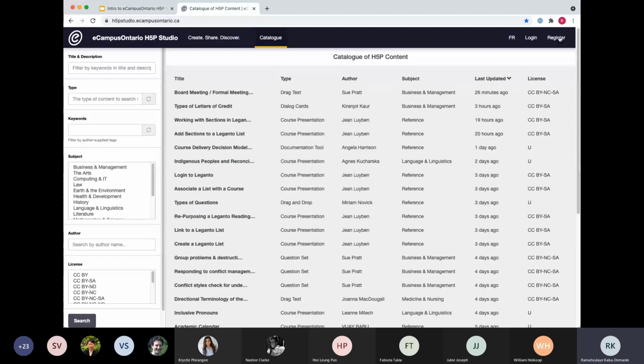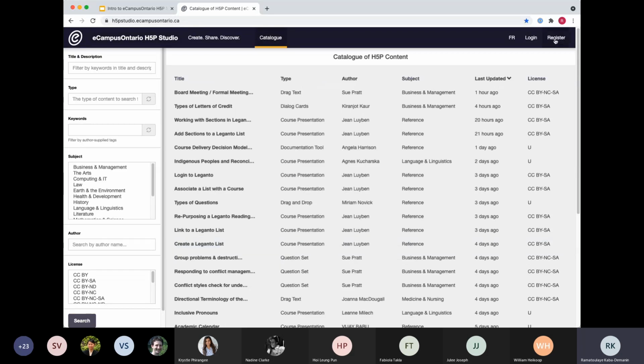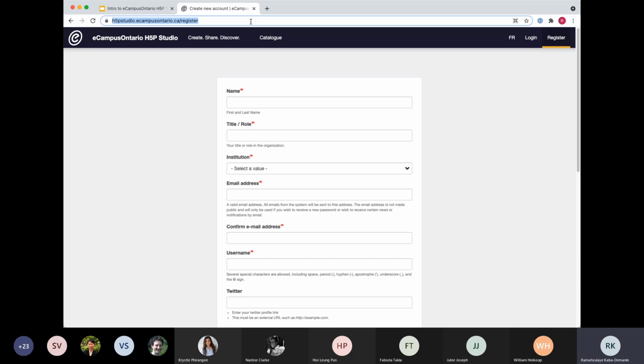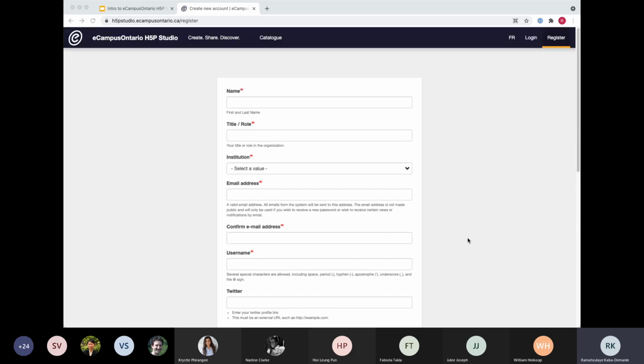On the H5P website, if we click on register in the upper right menu corner, it'll take us to the registration form. The registration is instant, based on your email address, so anyone at University of Toronto can get an account instantly. Once you complete the information here, you'll get a confirmation email to confirm your account, and then it'll take you to your